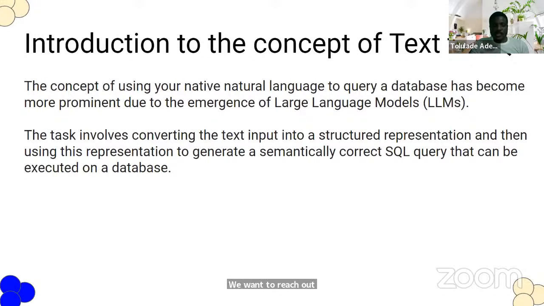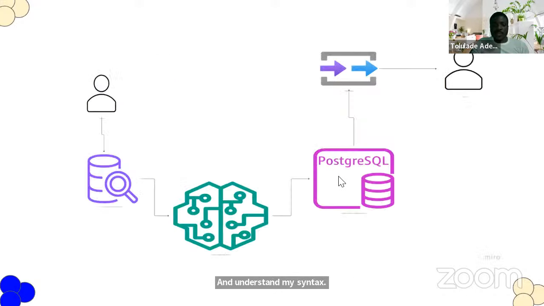Now, the first thing you want to do is that you need an analyst to query your database for you. You want to investigate, carry out queries, write queries to get more insight. But this time around, we're looking at the concept of how we can use our natural language. I speak English, I speak Chinese, or I speak French, and I can query my database, ask it in my own native language, and it understands my syntax in that regard. So that's the concept of what is happening here.